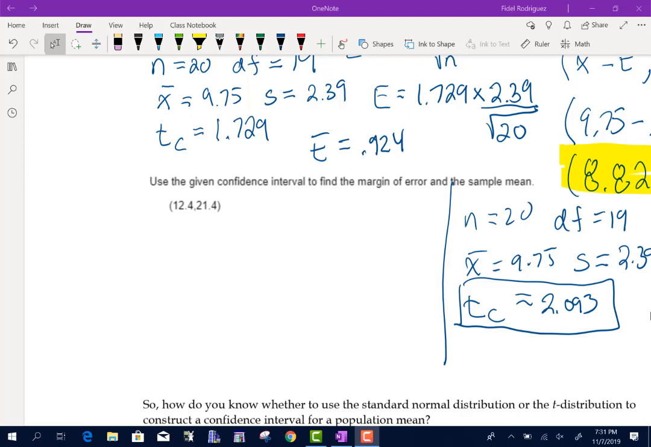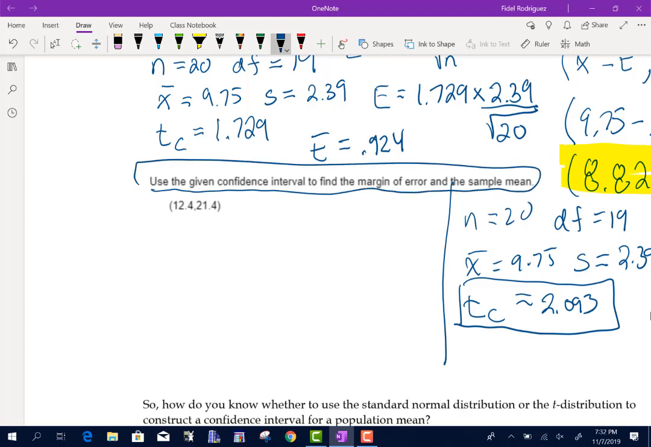All right, so guys, look at the next one here. It says use the confidence interval to find the margin of error and the sample mean. Remember, we did a problem like this earlier, I think in 6.1. Remember how we find the confidence interval? We take the X bar and subtract the error, and we take the X bar and add the error, right? So if our interval here is from 12.4 to